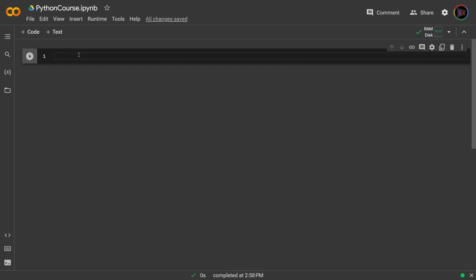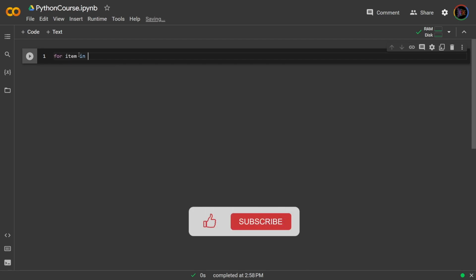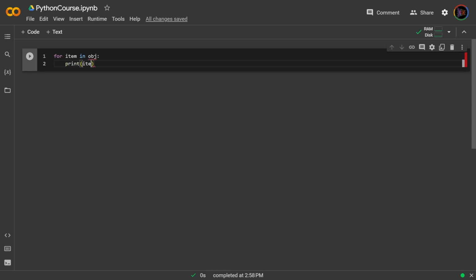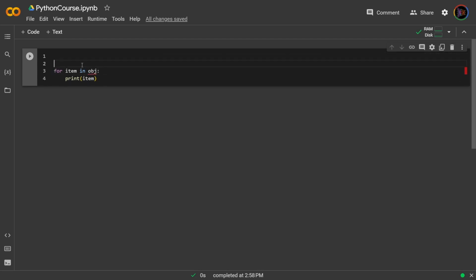So let's write out a simple for loop. It will look like this. So for item in object, again, object is a container-like object, and then item is each item in it. And then we specify what we want to do underneath it, indent it. So for now, let's just print item. Now obviously object is not defined, so let's make it into a list